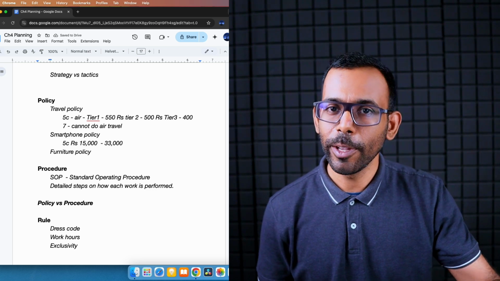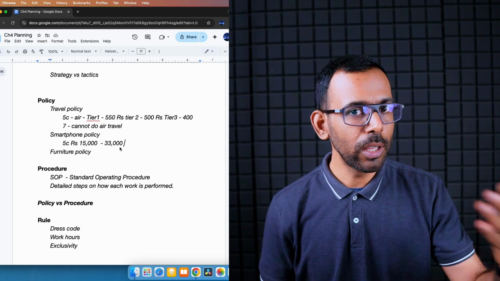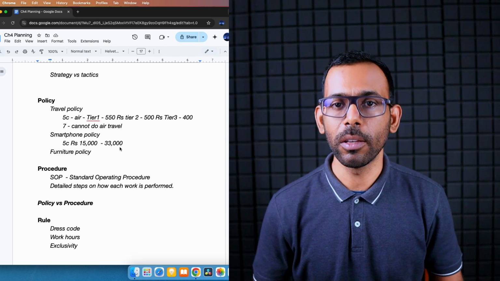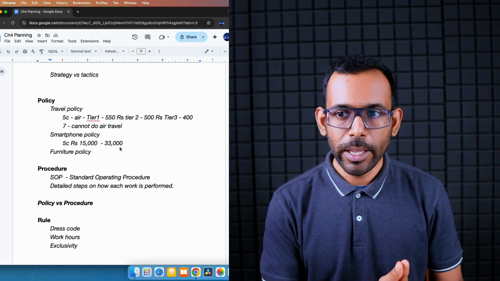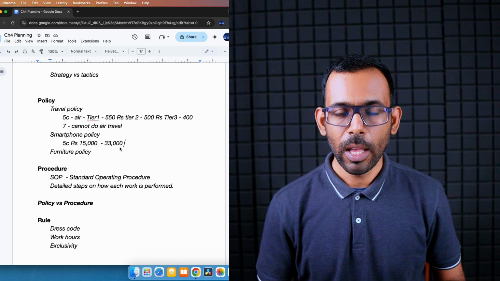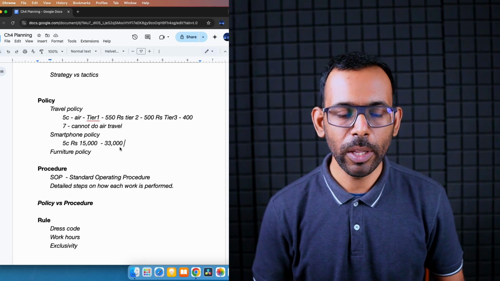But there was always some terms and conditions attached. So the policy stated that, okay, I will give you 15,000 rupees, but you have to stay within this company for 3 years to take the full use of 15,000 rupees. Now, let's say there is an employee who availed this policy, got 15,000. What if he immediately resigns and goes? It's a loss for the company only, right?